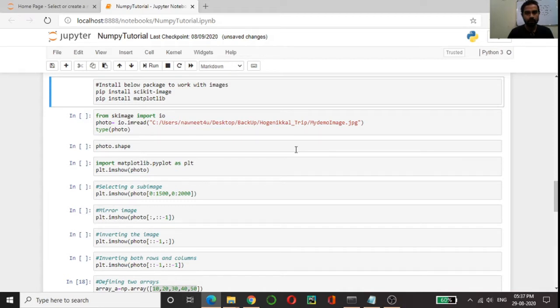It would be great if I show you something in a visual way so that you can understand it properly. So what I have done, I have taken one image. As you know, any image is basically in the form of arrays.